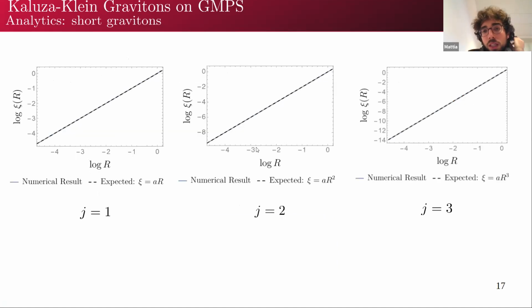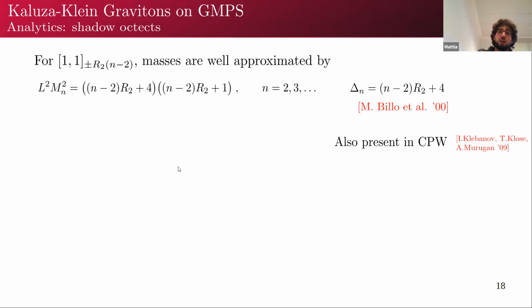This is just some plots to show that the agreement is very good between our ansatz and the numerical result for several values of the quantum number J. And curiously, this is not enough because there is also a tower of octets of SU(3) starting from Kaluza-Klein level 2, whose mass is very well approximated in this way. And therefore, by playing the same game as before, we derive that the conformal dimension is protected this way.